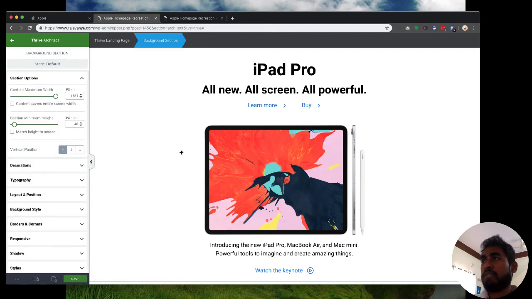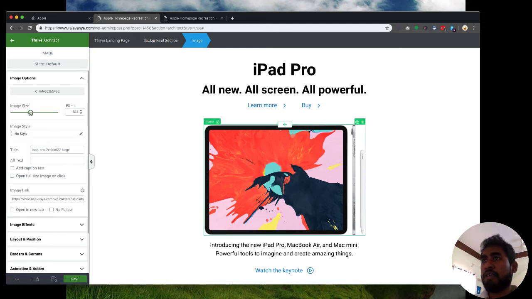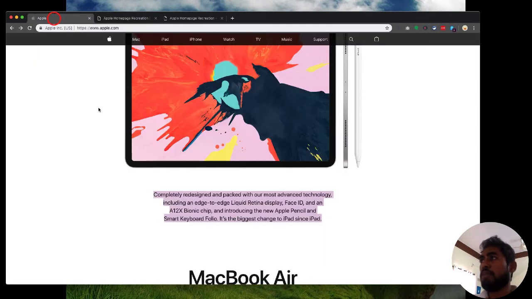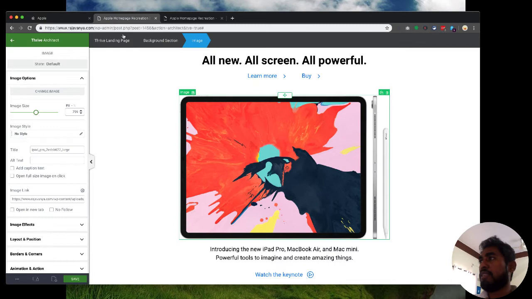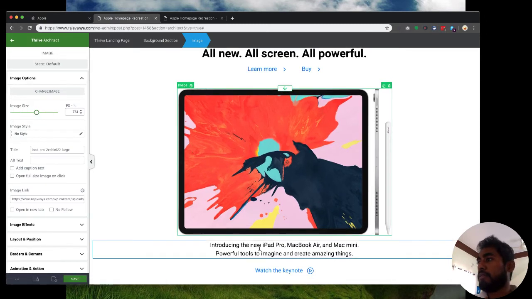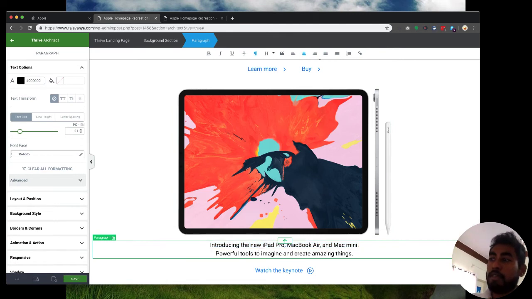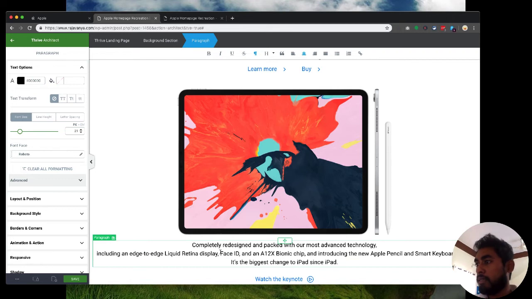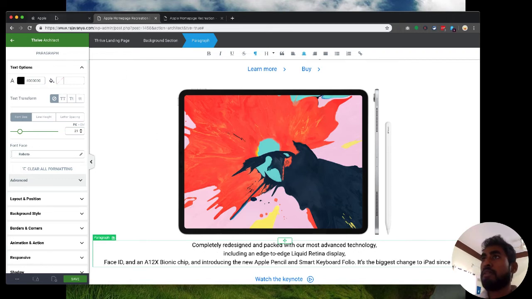I think the section width, I don't know why the image is not actually the actual size, because on the Apple site it's much bigger and it fills my screen like this. Please fill me up. And then, I mean, the image, I didn't mean that. Technology, and let's press enter. Liquid Retina display, Face ID, and